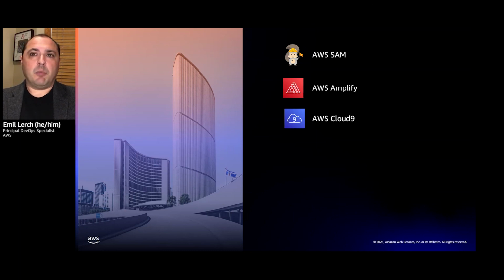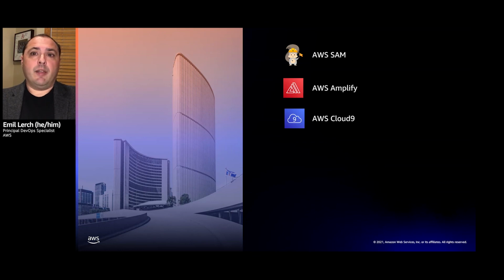AWS serverless application model doesn't have a CI/CD process the way that we were able to see with the CDK pipelines. However, if Kate already had a CI/CD process in place and she's developing a serverless application, one that uses API Gateway, Lambda, and DynamoDB, she could just describe her infrastructure using a YAML file that gets processed and can be pushed through CloudFormation. And it will fill in the details of the permissions that are necessary to be able to have API Gateway, Lambda, and DynamoDB talk to each other.